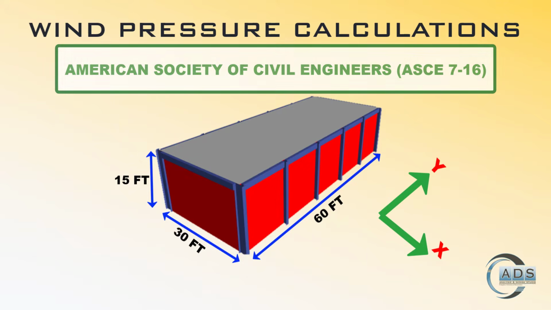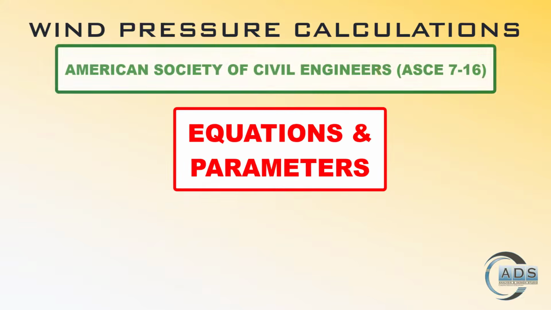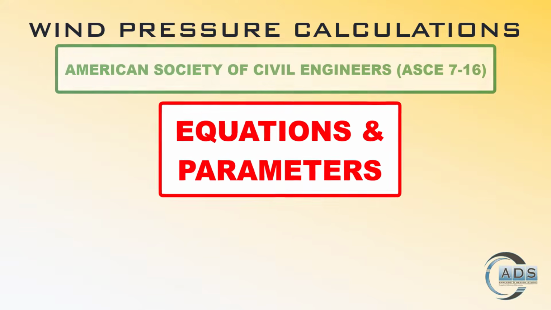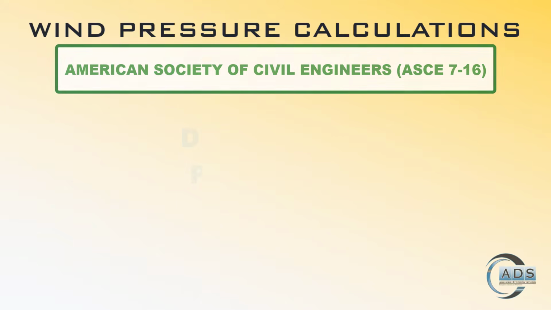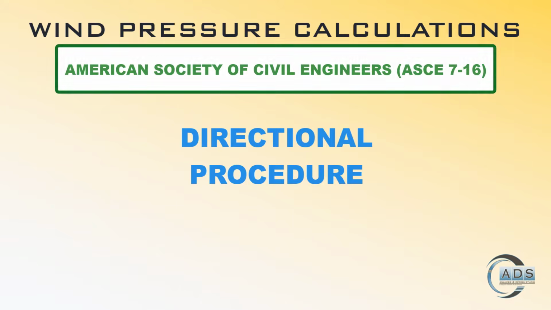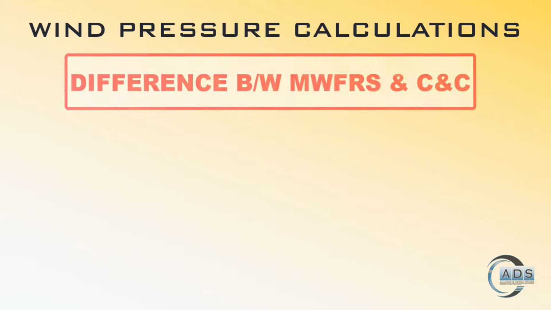As we can see, the longer side of the structure is parallel to the y-axis while the shorter side is parallel to the x-axis. First, let's discuss some equations and parameters given in the specifications that we will be using to calculate wind pressures. We will be using the directional procedure for our calculations that is described in Chapter 27 of the specifications. Since we have already discussed the procedures in our previous video, let's first see the difference between